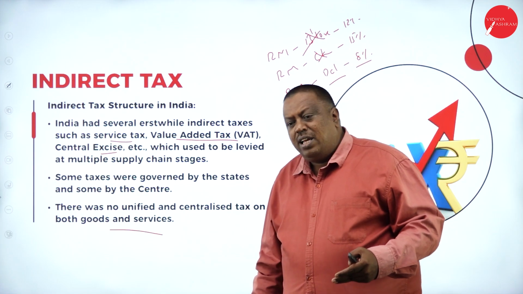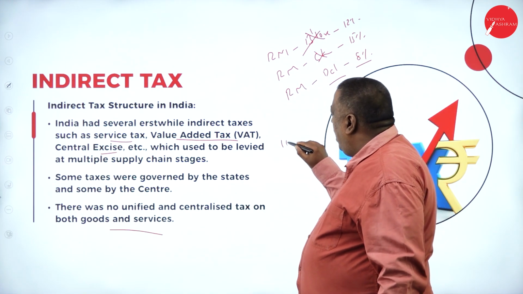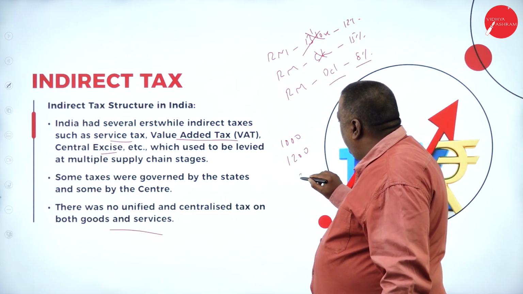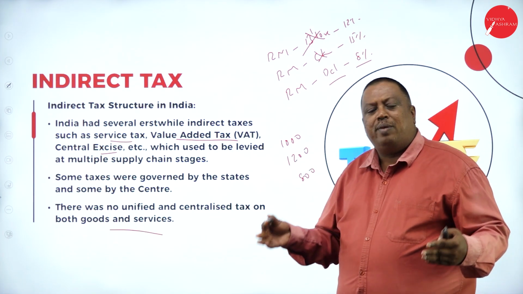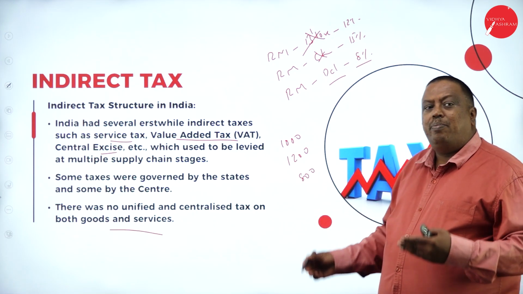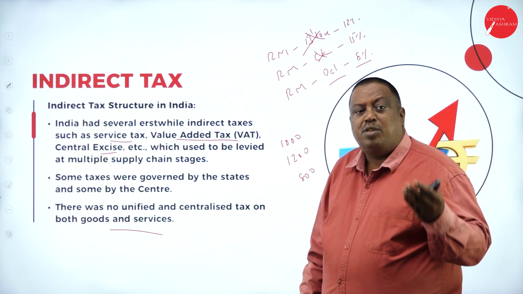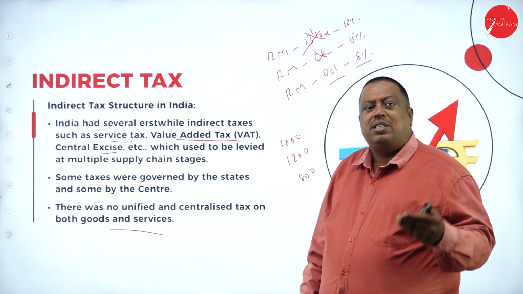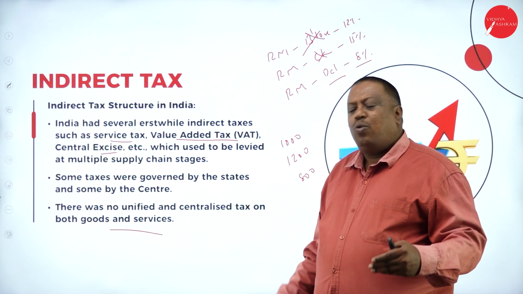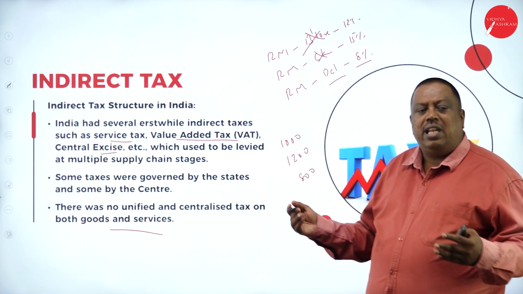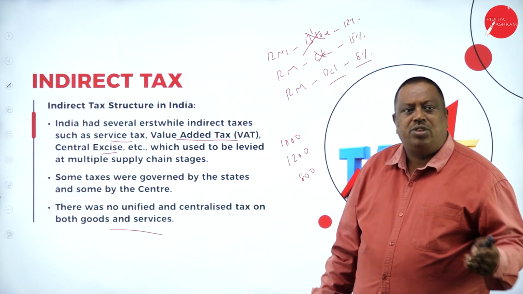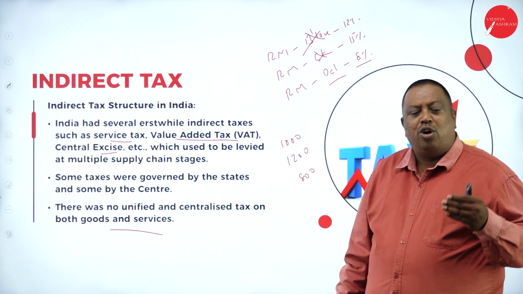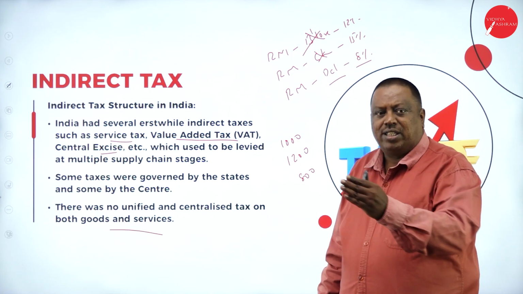If the product you're purchasing is 1,000 in Bangalore, 1,200 in Delhi, and 800 in Chennai, obviously they're going to buy the product in Chennai, or they'll have other people buy the product and transfer it to Bangalore. Instead, even if the same product is available in Bangalore at the same rate as in Chennai or Delhi or Bombay or Rajasthan or Gujarat or Jammu Kashmir, they're ready to buy the product here. It should not be different rates or different structures.